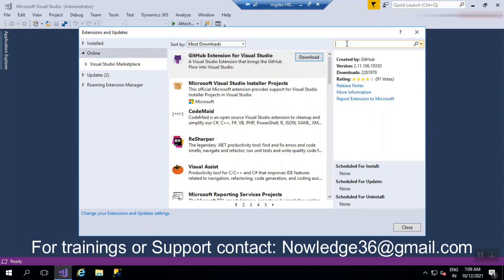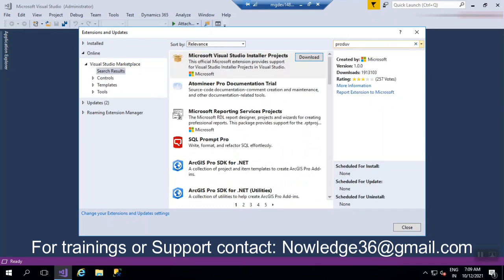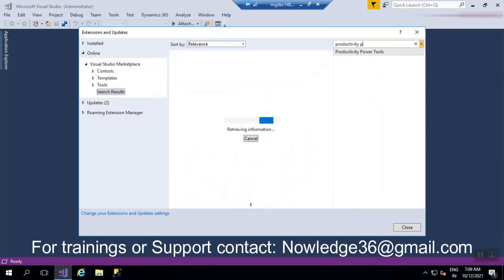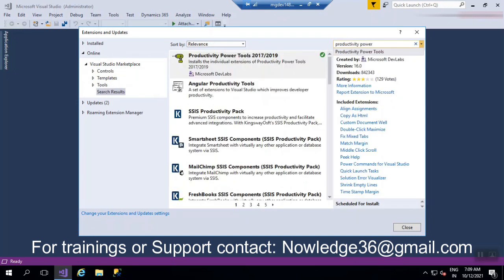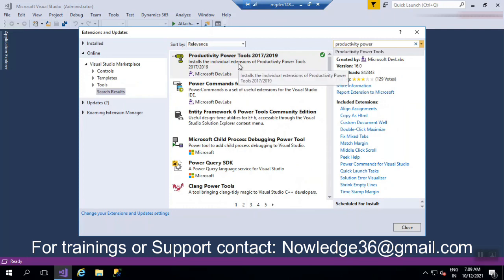See here, the first option is Productivity Power Tools, and you have to install this.